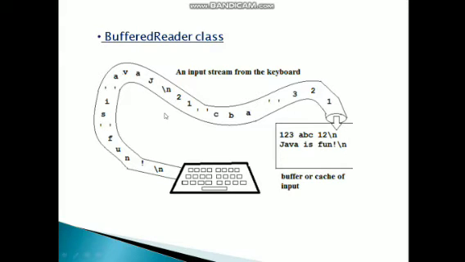This is the input which has gone as a stream of data by the input stream reader class from the keyboard, and it has been stored in the temporary memory which is called the buffer or cache of input. From here it goes to the processing unit for processing. After the processing you get the output. The output also will be streamed into a line of data and then received in the buffer, and from the buffer it goes to the output screen. That's how the computer system works. And you can see this buffering is happening everywhere. When you watch a YouTube video, or when you are downloading something, this buffering happens.